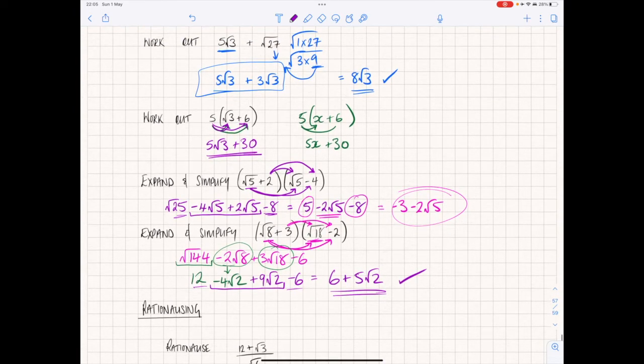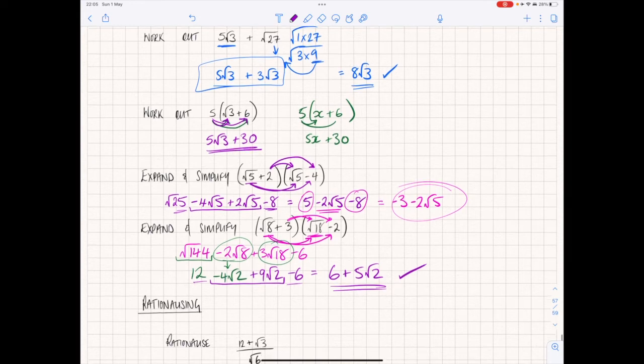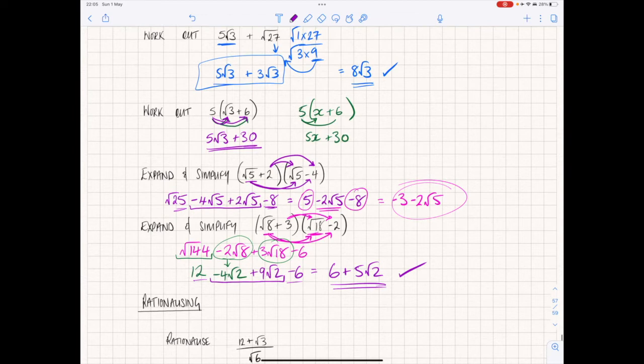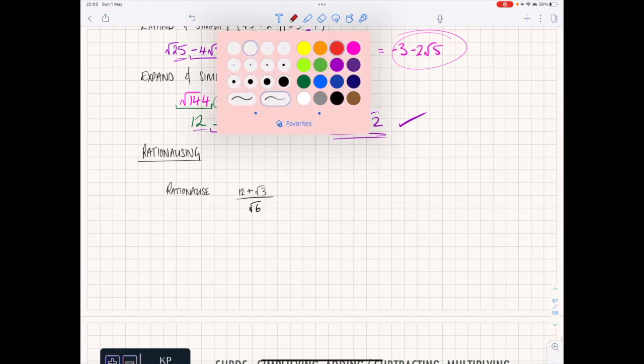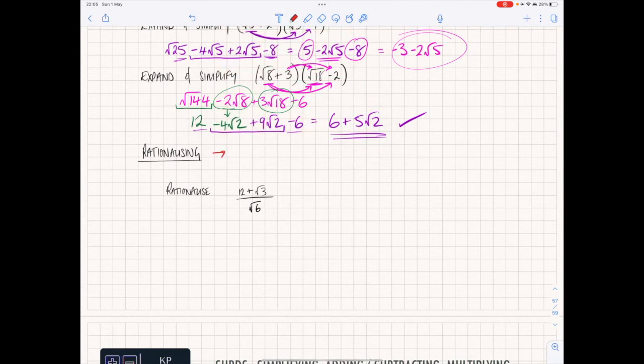The next thing we're going to need, and again, make sure you are happy with that concept, because now as we move on to rationalising, which is the last part of surds, you need to make sure you are happy with that concept that we've just spoken about there. Okay, rationalising. If you see a question that says rationalising, we're basically saying remove the surd from the bottom. Okay, so it will be to do with fractions, and we're trying to get rid of the surd from the